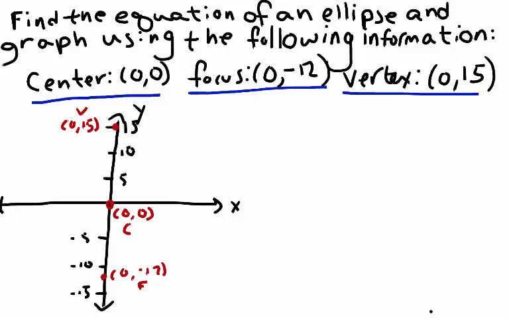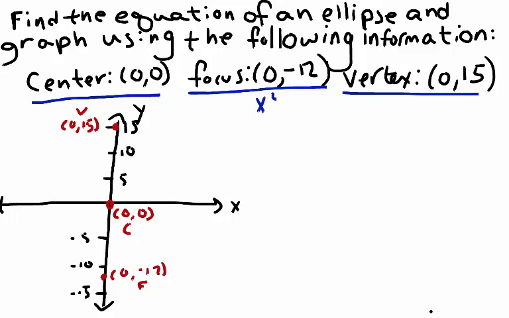This ellipse is centered at the origin, and the focus and vertex provided lie along the y-axis. That means that the y-axis will be the major axis of our ellipse. An ellipse centered at 0, 0, with its major axis along y,